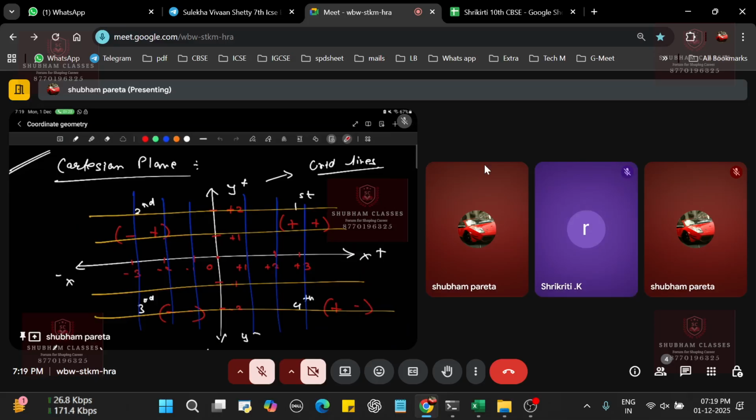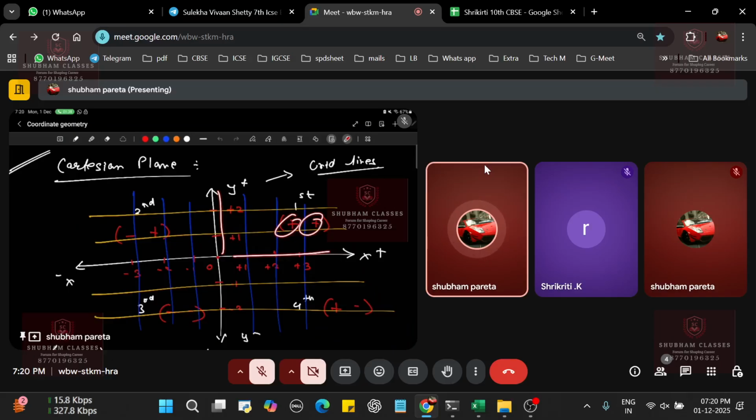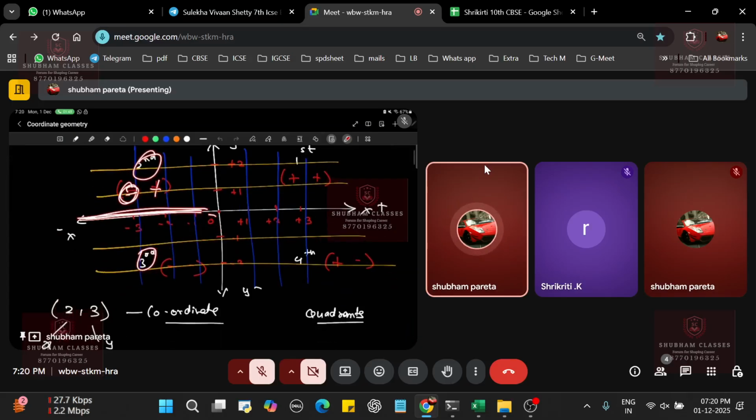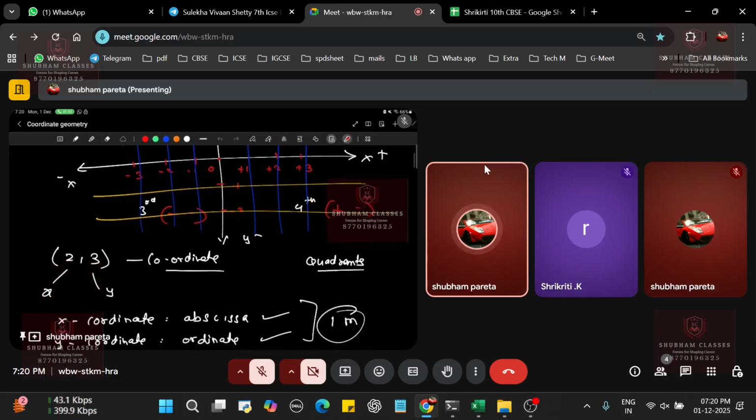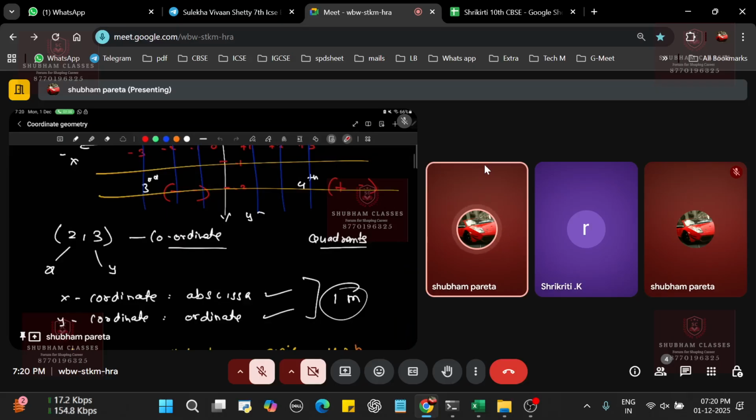Yes, sir. So what is written over here, it is basically x positive and x negative. The first coordinate is basically positive positive. In the second one, what is the sign of x? Negative, so it is negative positive. In the third coordinate, what is x? Negative, so it is negative negative, because x is also negative, y is also negative, and so on. So I think now you are getting how to write down the proper signatures for the coordinates, isn't it? Yes, sir. All right, okay. So this is the one thing that you can see as of now over here.